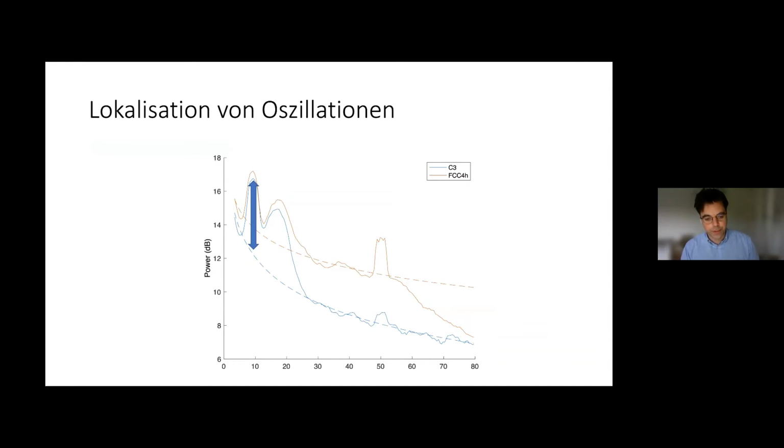And one additional issue here is, or just illustrating here, the concept of signal to noise ratio, where you have the dotted line, the 1/f background activity, and then this difference pointed out by the arrow in decibels, how much more power is in the oscillation of interest versus the background noise.